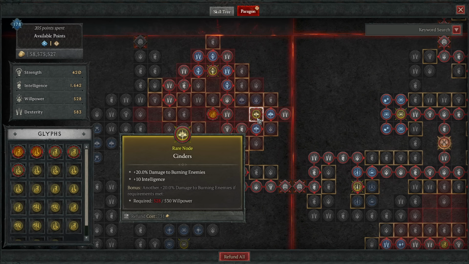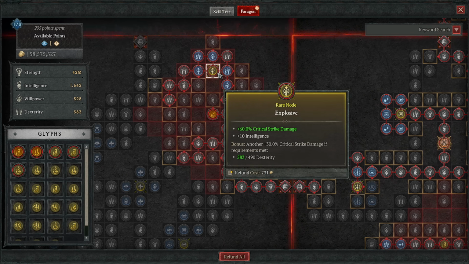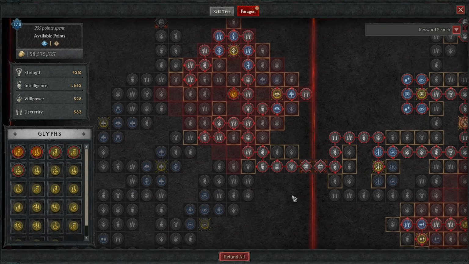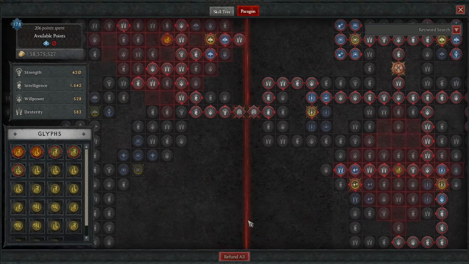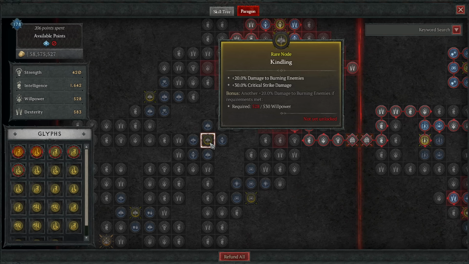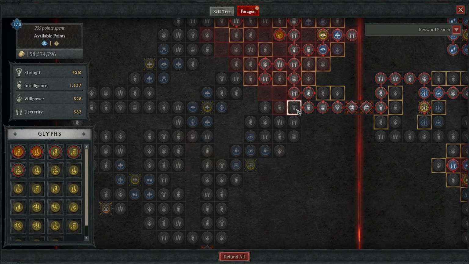Then we want to head right, grab yourself Cinders, and then also Explosive 2, and that's a lovely increase in critical strike damage. After this, then, of course, I am out of points, but you might have more, in which case you want to continue on from this int here and go down and get Kindling for even more crit damage. You then want to swap this lovely int here to this Strength to be a little bit more efficient